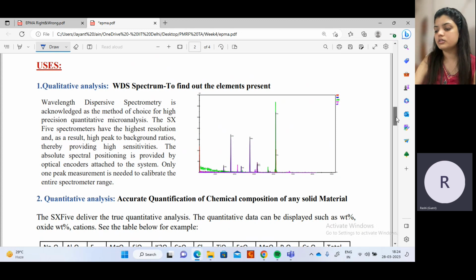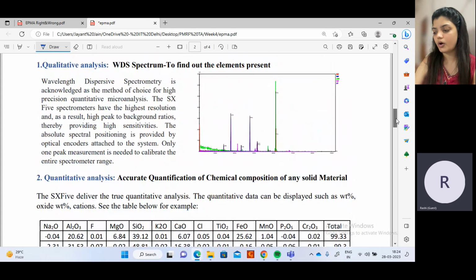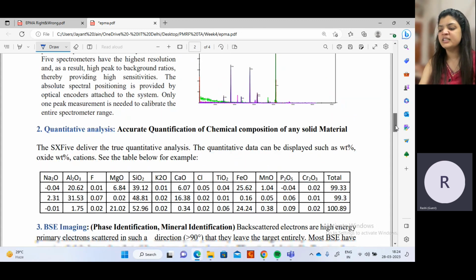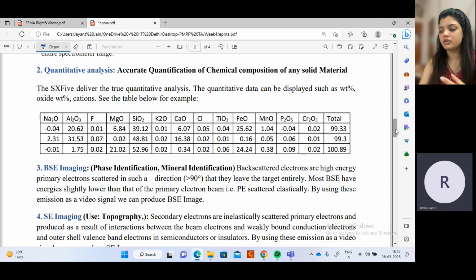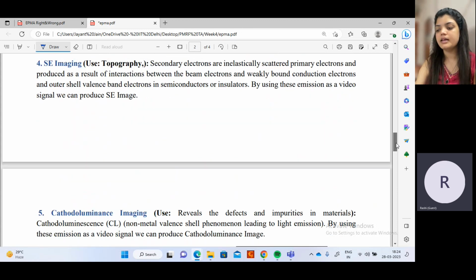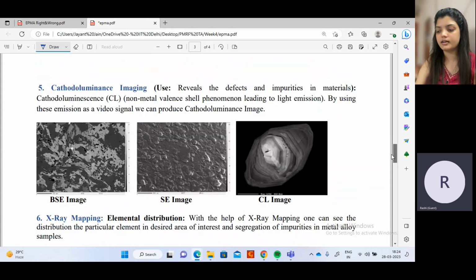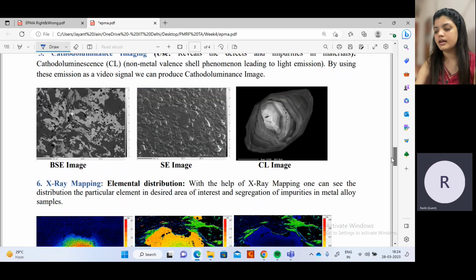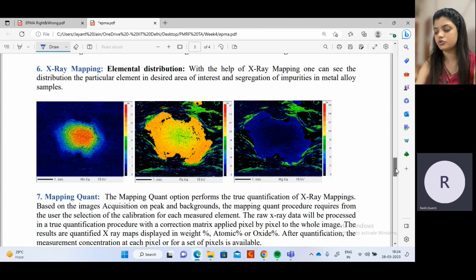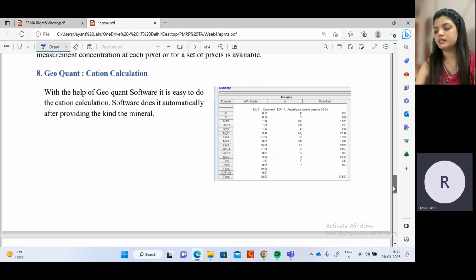So qualitative analysis is possible in EPMA. Quantitative analysis is possible. Qualitative analysis is like knowing what elemental composition is present in the sample. Quantitative analysis is the one where you have one particular standard and then see how much it is deviating from that standard. And BSE imaging is possible, like phase identification and mineral identification, just like FESEM. Even secondary electron imaging is also possible, and you can take cathodoluminescence imaging. X-ray mapping can be done, just like how we do the X-ray BSE images, elemental mapping, and then